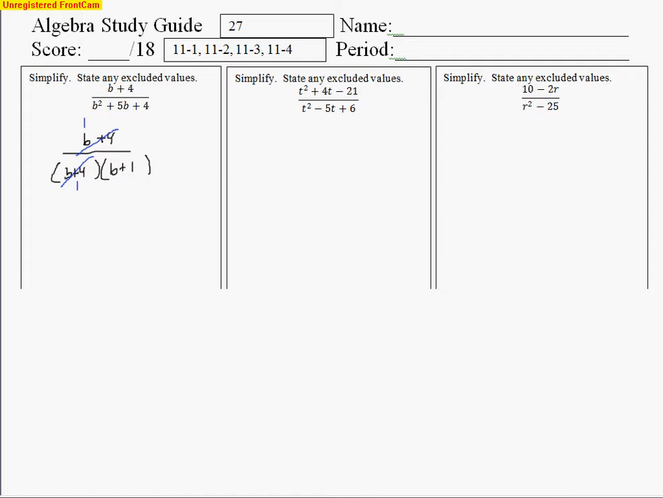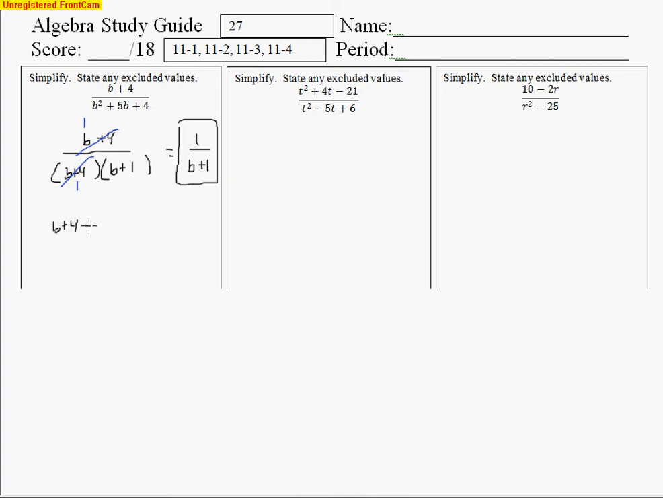And so when you divide a number into another number that is the same, it just makes 1. So my answer is 1 over b plus 1. You can't do anything with the two 1s there because it's not really 1 in the denominator, it's 1 more than b. So they wanted the excluded values as well, so what you're looking for are the numbers that make